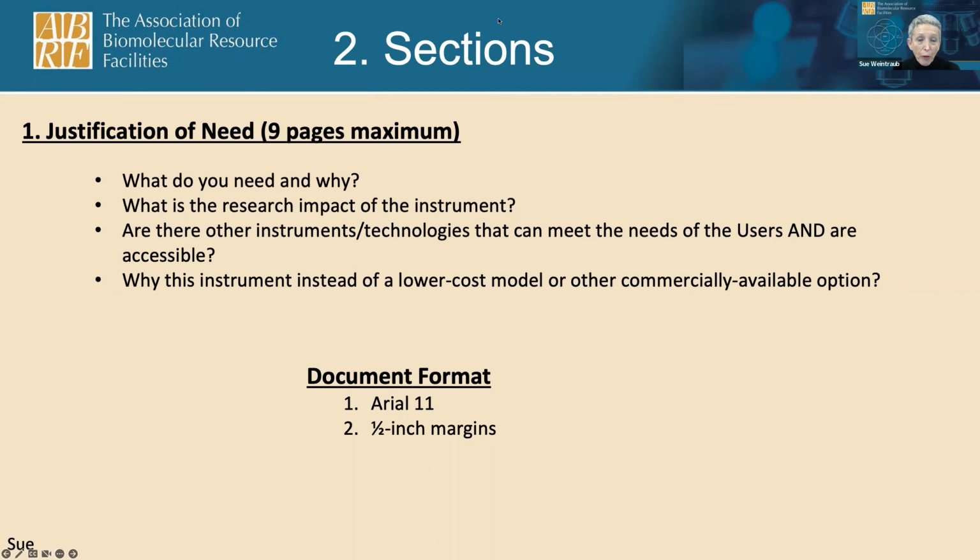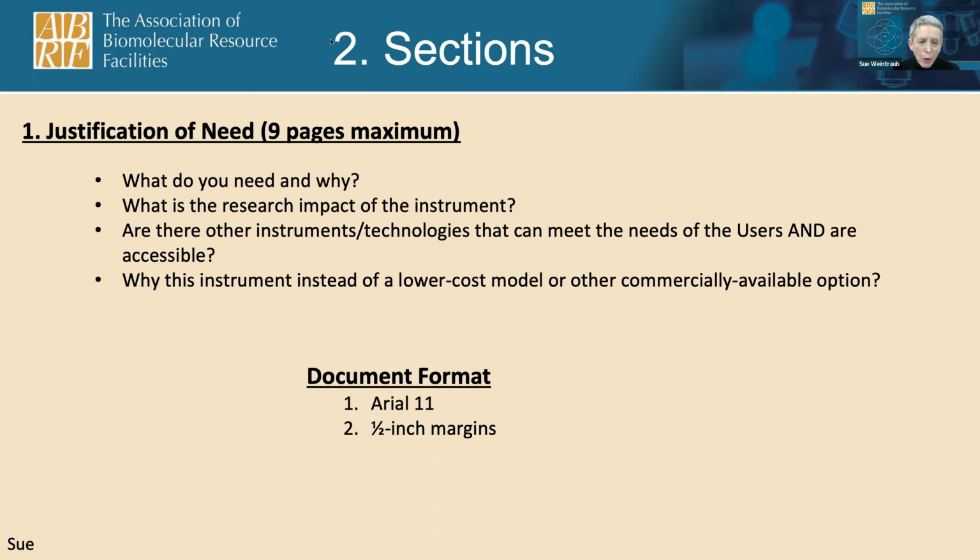Now, it's perfectly fine if you're asking for a type of equipment that other vendors make similar models of, but you have clear reasons why you're going with this vendor. You can say that if the proposal is funded, you will evaluate at that time other equivalent models to see if a different one meets the needs. So that's fine, but you've got to really explain why you're picking the specific one you're asking for.